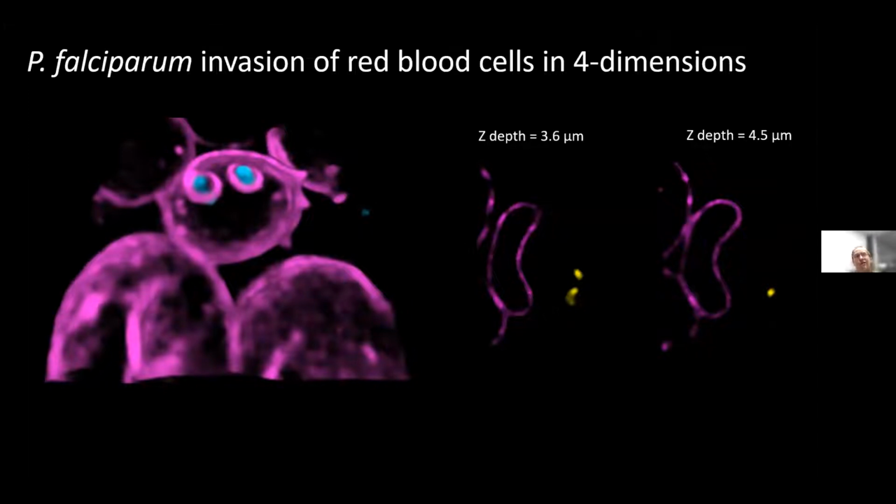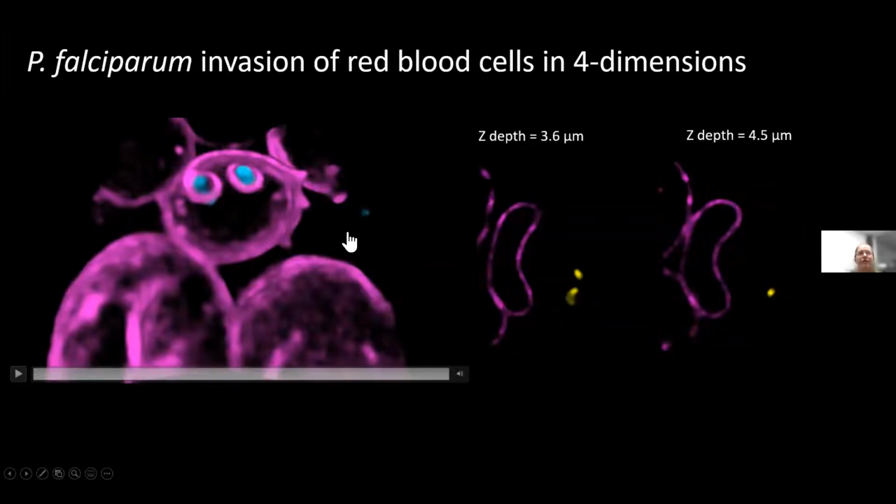Some people suggested, or some previous work had suggested, that it was due to some of the contents of the rhoptries, so these lipids that are ejected from the rhoptry organelles, and others had suggested that it was the red blood cell membrane that was wrapping around the parasite, but it hadn't yet been fully determined, because all they had to go on was really the